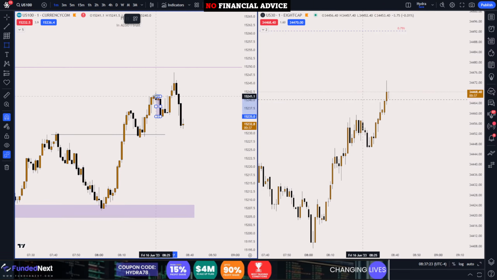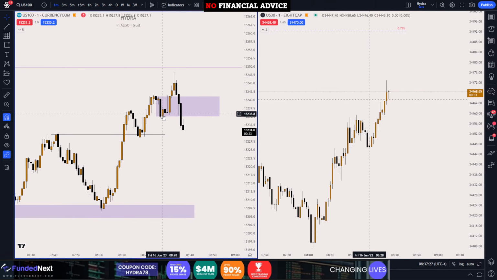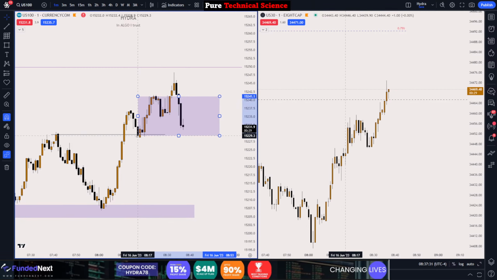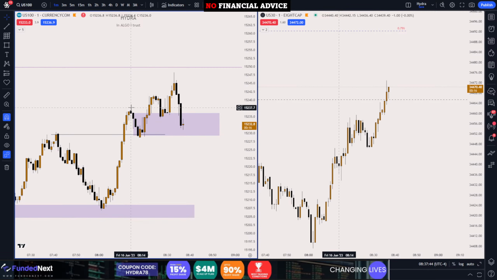I wasn't looking at the time, but I'm just gonna mark this breaker block here. Okay, as per ICT, this is gonna be our correct breaker block. But to be honest, folks, I've been trading with this kind of breaker block for a long time. ICT recently revealed more about the breaker block, like you should mark the lowest down close candle, which